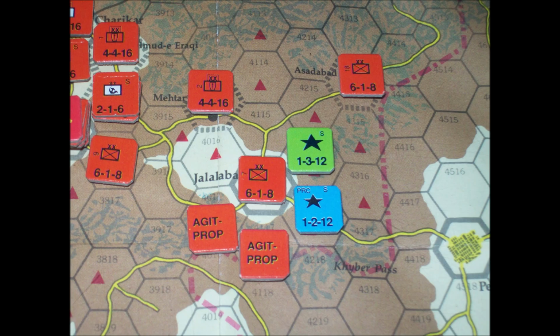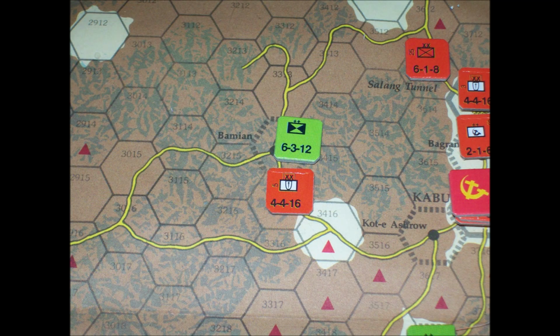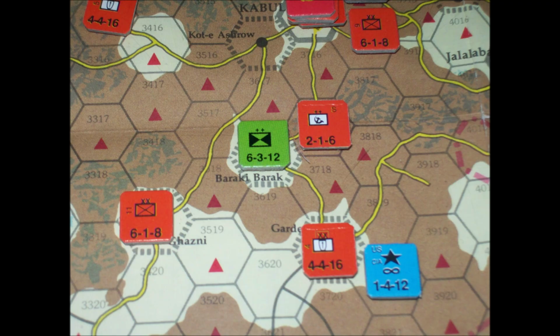The Communist Party front near Mazar-e-Sharif also launches a subversion attack with the aid of my final agitation chit, and the guerrilla force there is neutralized. Also, the guerrillas in Bamiyan defect after a successful attack by the Communist Party front there. Another Communist Party front tries to subvert the town of Barak, but this fails. I did some other subversion attempts, and only one other is successful, against the town of Kata Asharo, which is near Kabul, and it turns to the communist cause.